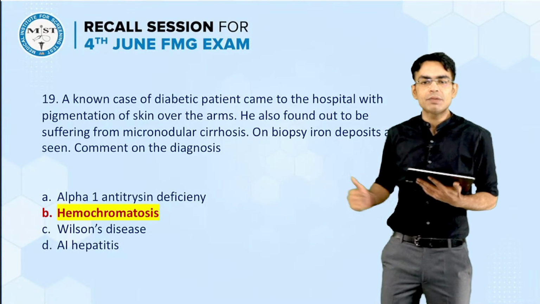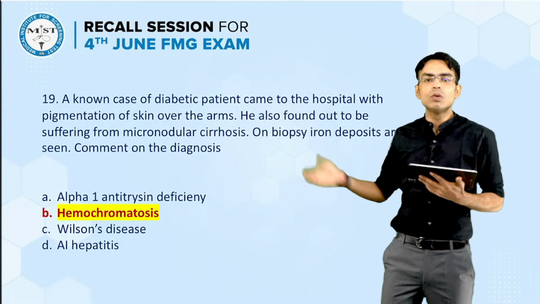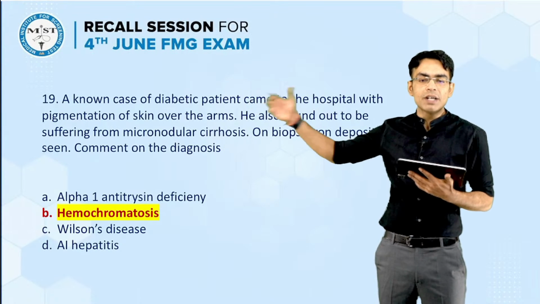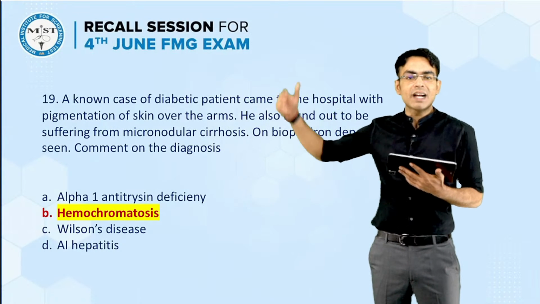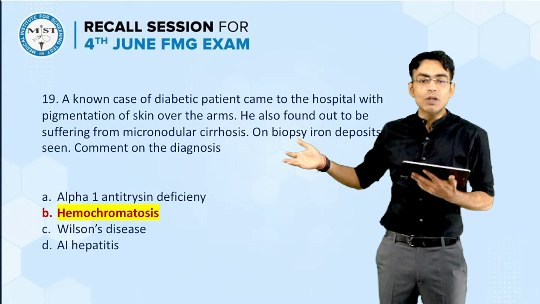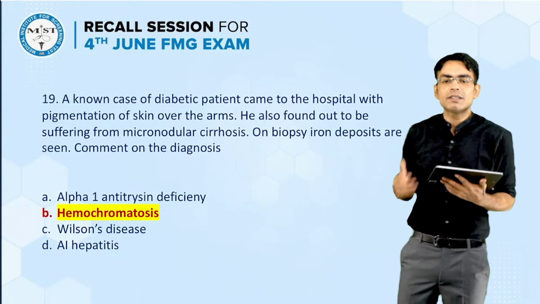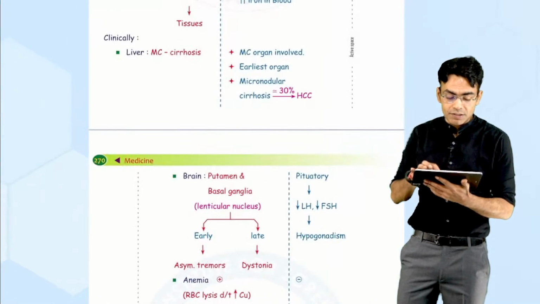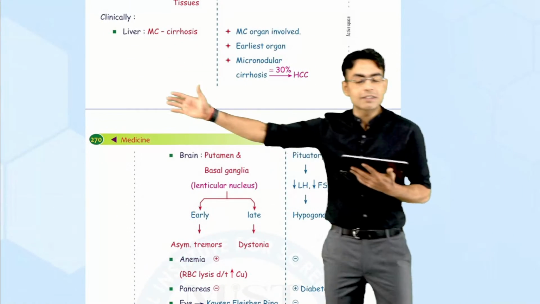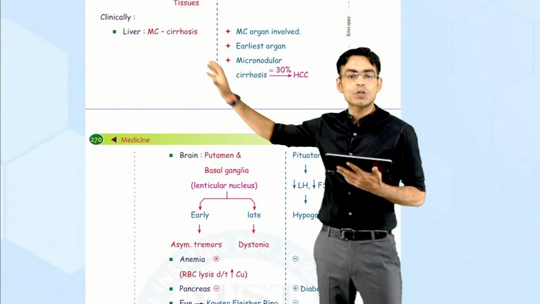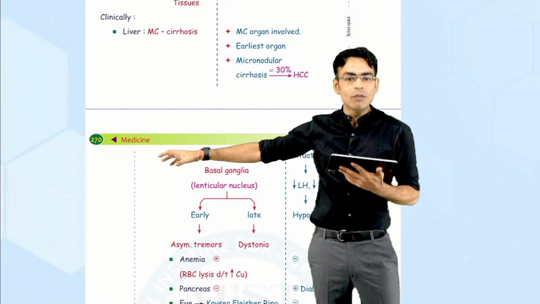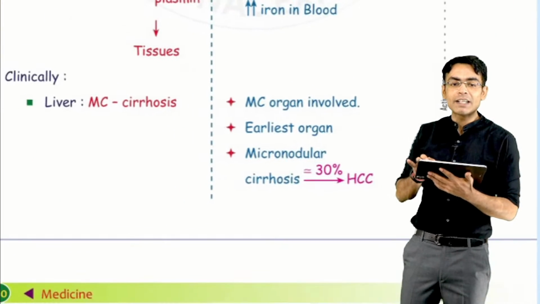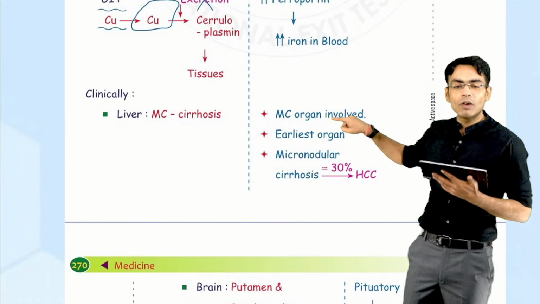See, alpha-1 antitrypsin deficiency will not give you diabetes, because in alpha-1 antitrypsin there is no relation to this. Wilson's disease, again, no diabetes would be seen over here. And autoimmune hepatitis, again, there is no relation. But in hemochromatosis, as we have discussed in the classes, I have done Wilson's and hemochromatosis. So Wilson's also will involve the liver. But you can see very carefully that the liver is the most common organ involved.